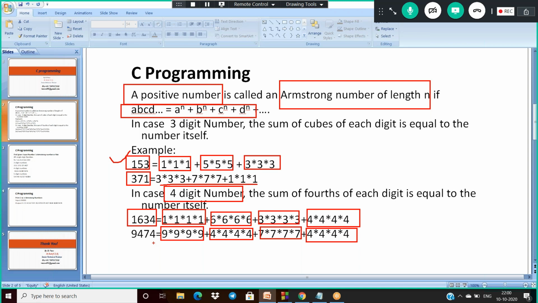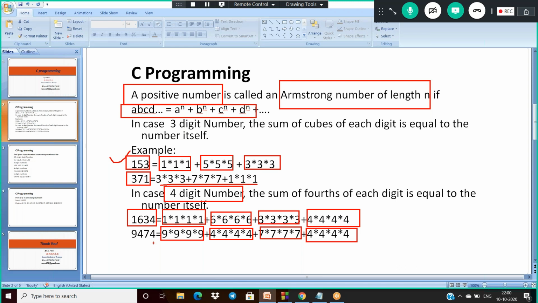So observe these two examples here. Finally, we conclude that for an Armstrong number, the power varies from digit to digit. For a single digit, the power will be one. For a 2 digit number, the power will be two. For 3 digits, the power will be three. So based on the order, the length of the number, the powers are different.